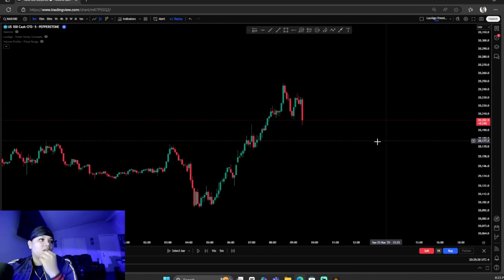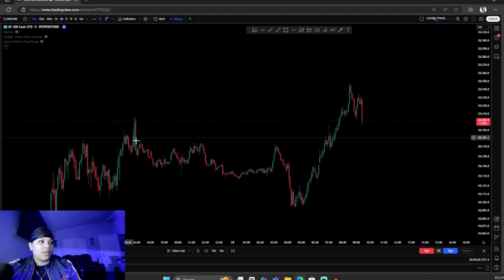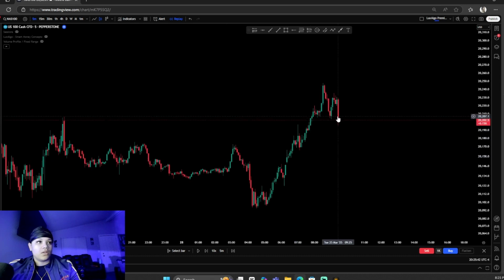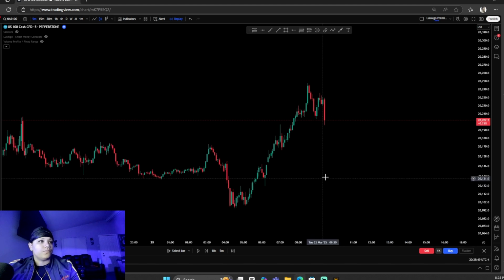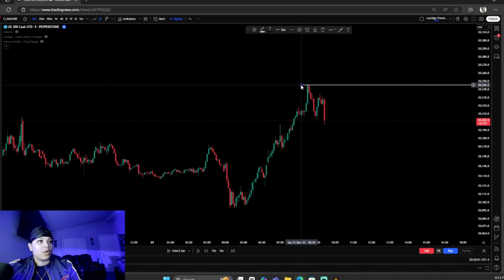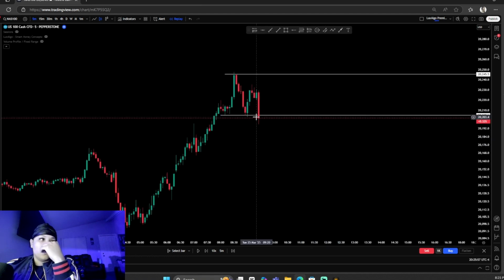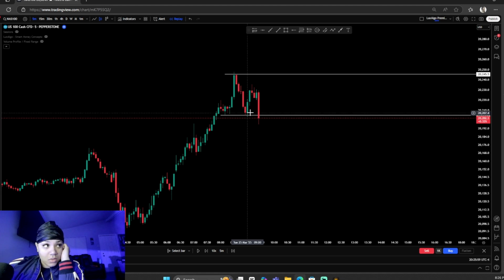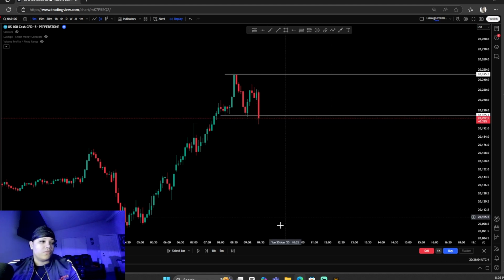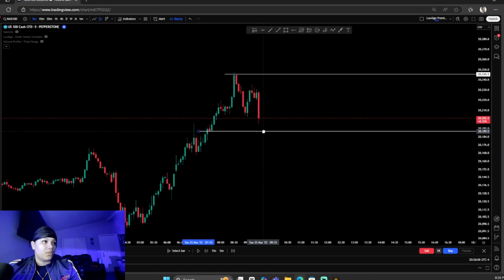All right, so looking at it, you can see that price was making higher highs and higher lows, is making new highs. This was technically the new high made. So what I would have done to mark my highs and my lows, technically this would have been my low, but this candlestick broke before market open, so I would have gone to the next low, which would be here.